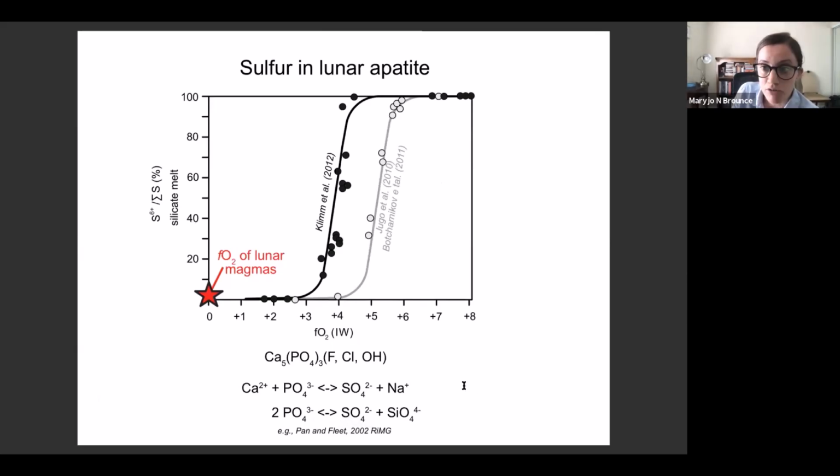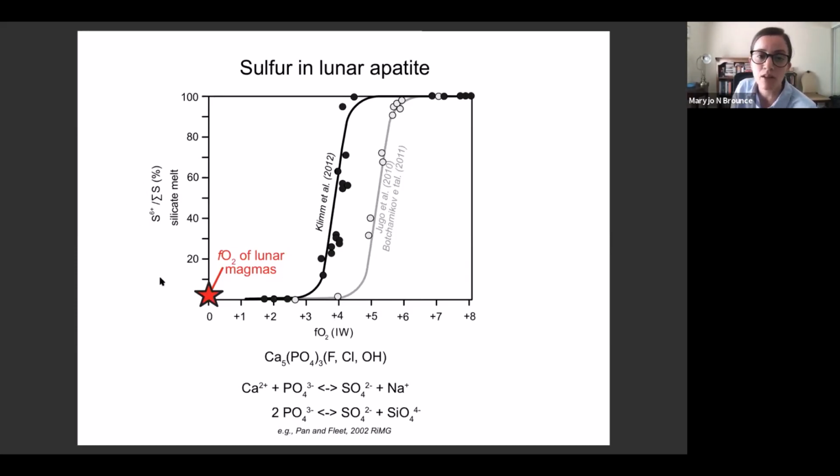This is an issue for lunar rocks in particular because, like I showed you earlier in these introductory slides, the activity of oxygen recorded by lunar rocks is very, very low. Here I'm showing you what I'm calling fO2, the fugacity of oxygen. Here's that value set by the iron-wüstite oxygen buffer that we think is relevant for the lunar crust, and we're extending to more oxidized values to the right. I'm also showing on the y-axis the oxidation state of sulfur in silicate magmas. It can be dissolved as either sulfur 2- or sulfur 6+, and I'm representing that as the proportion of 6+